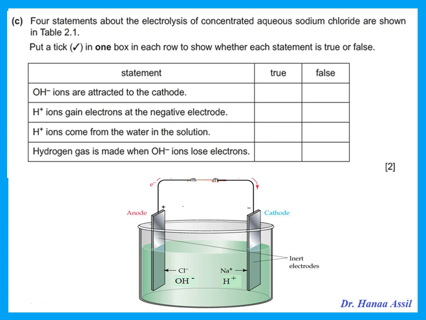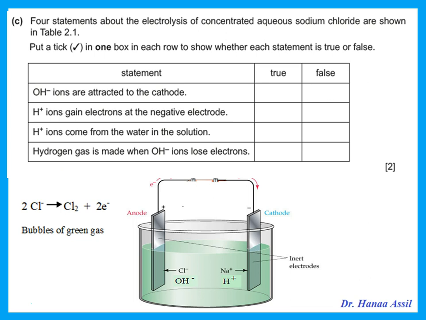Now, which one goes to the anode? Remember that the anode is the positive, so the negative ions go to the positive. Now I have a choice between chloride and hydroxide at the anode. Which one will react? The one present in larger amounts. So he's telling me I have concentrated aqueous sodium chloride. That means I have more chloride ions, so it is the chloride ions that will react. So the chloride will lose electrons at the anode and become chlorine gas, and what I see is bubbles of